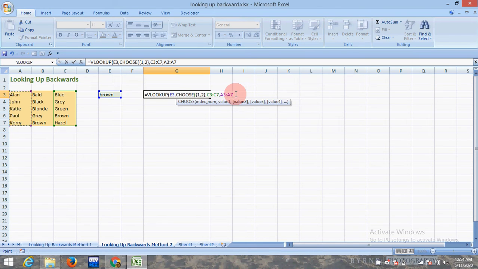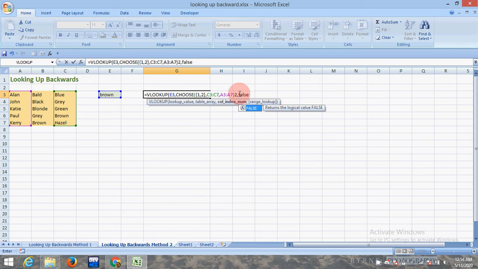So just close the brackets, and then the column index number. Which column do we want to return? We want to return the second column. We can see that the name is in the second column. So type 2, and then FALSE.